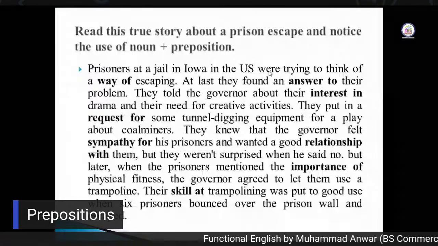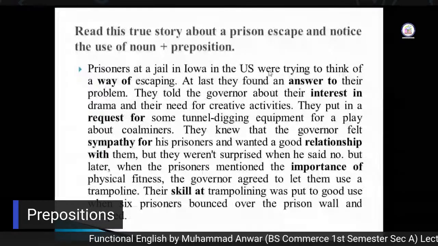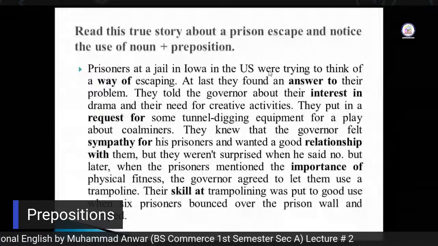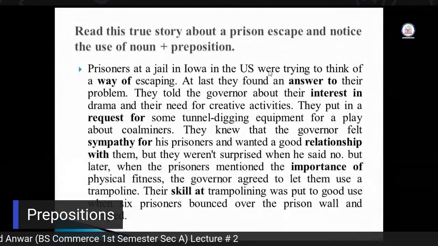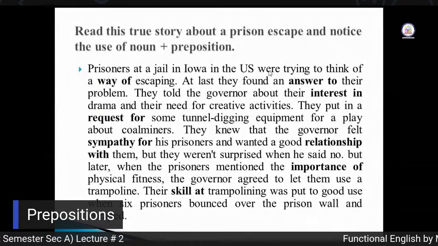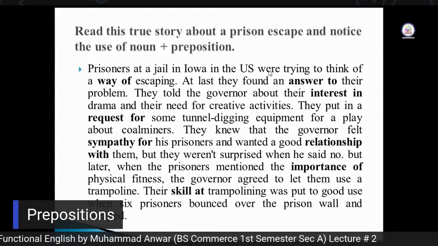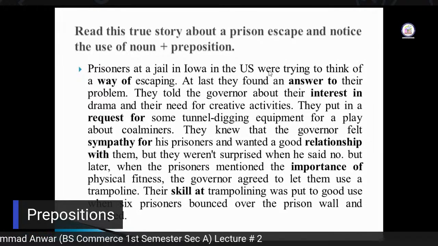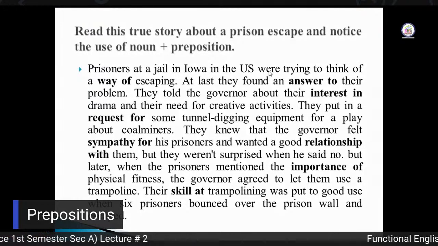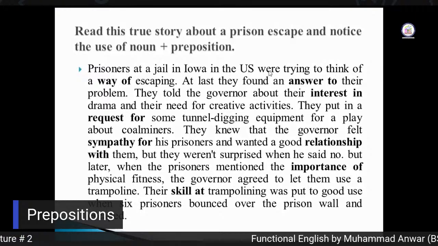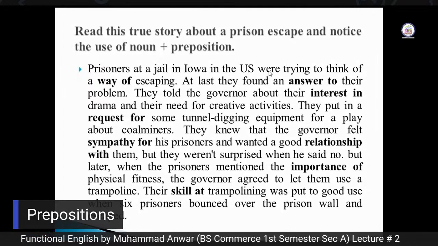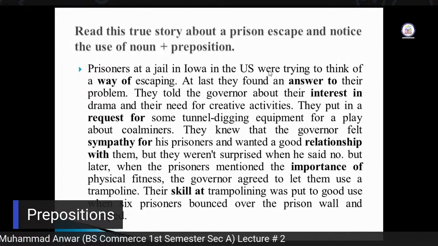Prisoners at a jail in Iowa in the US were trying to think of a way of escaping. At last, they found an answer to their problem. They told the governor about their interest in drama. Interest in drama. They told the governor about their interest in drama and their need for creative activities. They put in a request for some tunnel digging equipment for a play about coal miners,